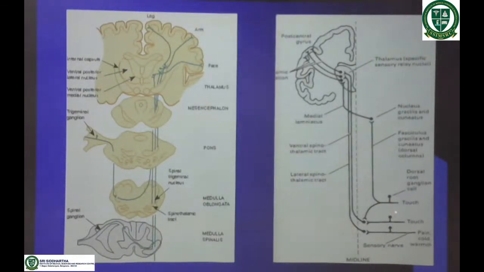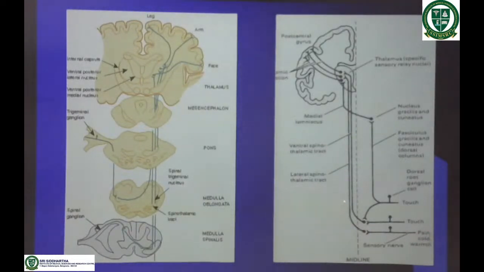The lateral spinothalamic tract and the ventral spinothalamic tract will cross. So in order to show that it has been crossed, you should first write the midline. After writing that, you should start from below. It's an ascending tract, right? So in the initial stage, for the first order neuron you should draw that the sensory nerve, pain and temperature will be carried